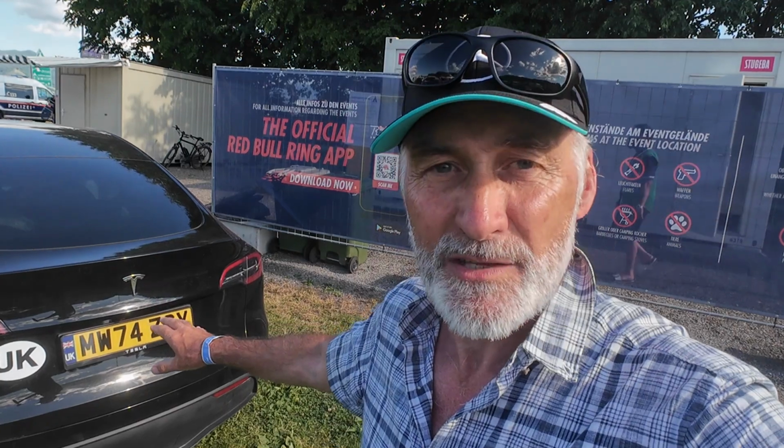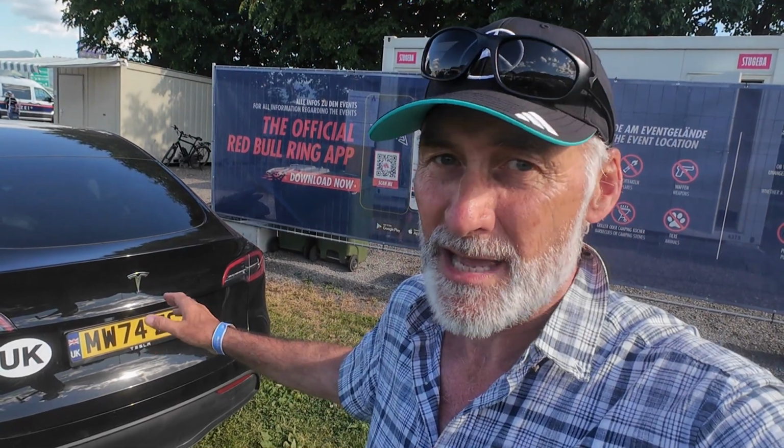So even when we leave this site, we're going to have to hit a charger as soon as we can, because it's going down while the car's sat there. It's gone, I think it was 11 or 12%, it's down to 10 now. So we're going to have to hit a charger as soon as we can, get some charging to this, get